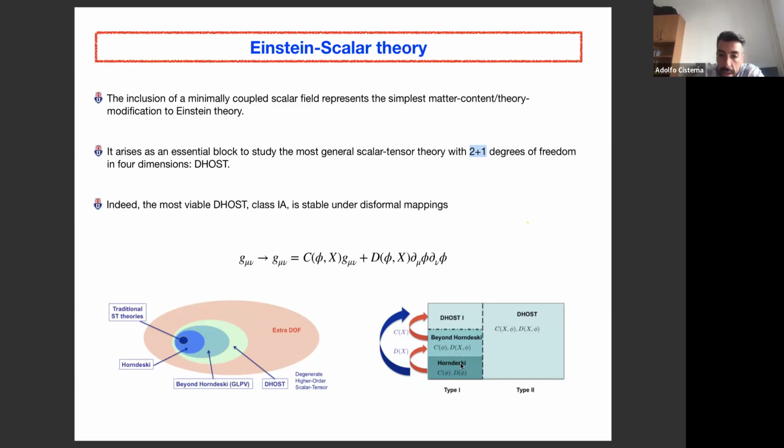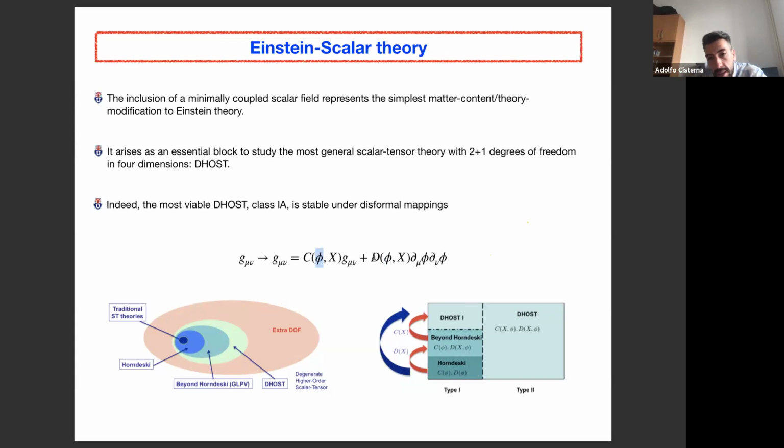It's very nice because you can start with Horndeski, and if your conformal factor and your disformal factor depend only on phi, you always close inside Horndeski, so you don't move outside of Horndeski, you move inside theories. So you move in between theories that are inside Horndeski, because this is a change of frame. It's not a Lie point symmetry, so it's not a symmetry of your spectrum of solutions, but it's a transformation that connects two different theories. So when you do this with C(phi) and D(phi), you stay in Horndeski.